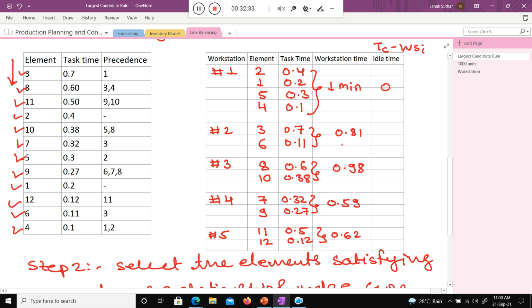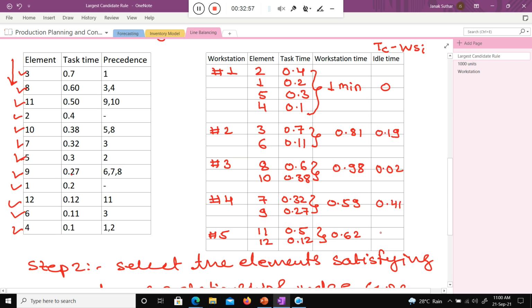Now the next one. Here what will be the idle time? Can you calculate quickly, class? 0.19. Okay, can you calculate here? 0.02. Okay, and here? 0.41.